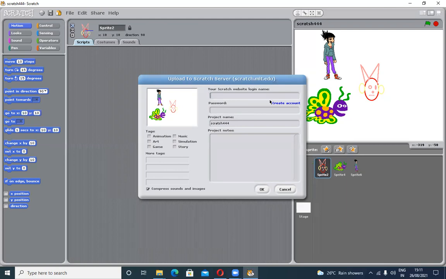Where is this project uploaded, on which website? This is the name of the website, scratch.mit.edu. This is the official website of the Scratch software. So when we write the name, this project is uploaded online.